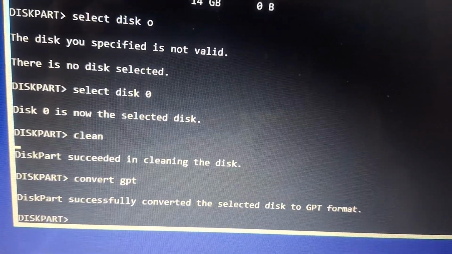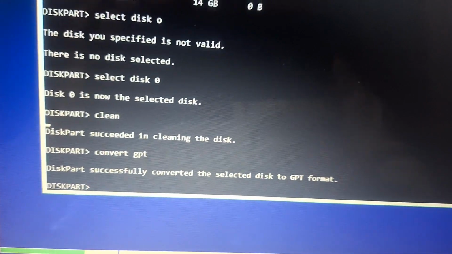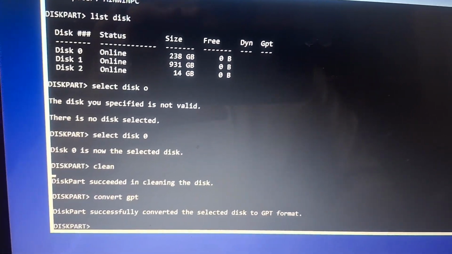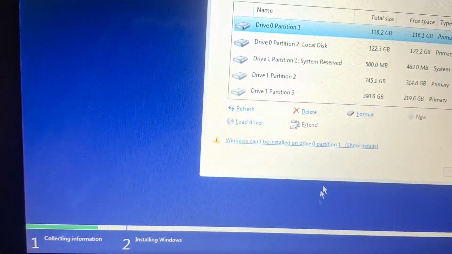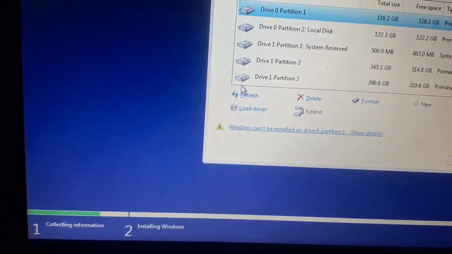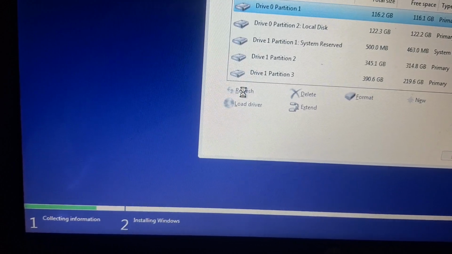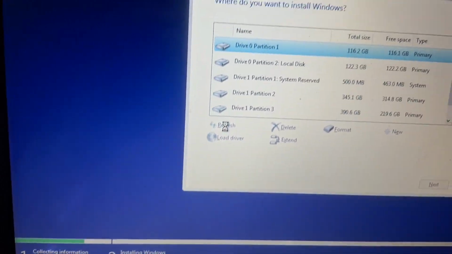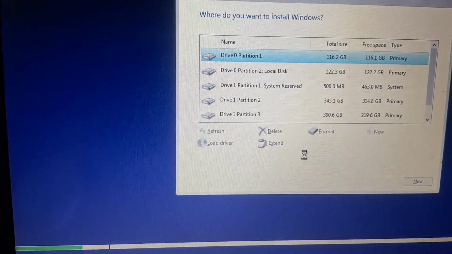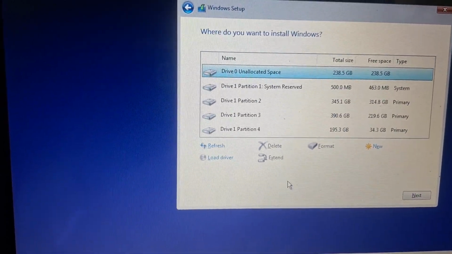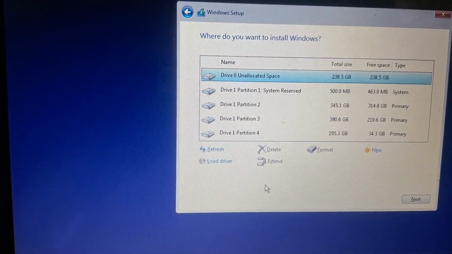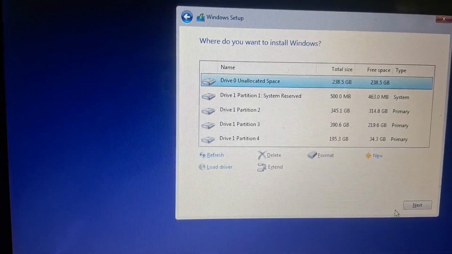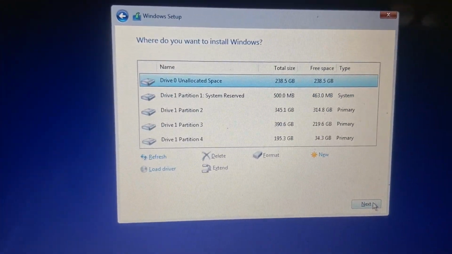So from MBR we have converted to GPT, and now I close this command prompt. I just refresh it, right, and the warning notice is now gone. So I just click on next